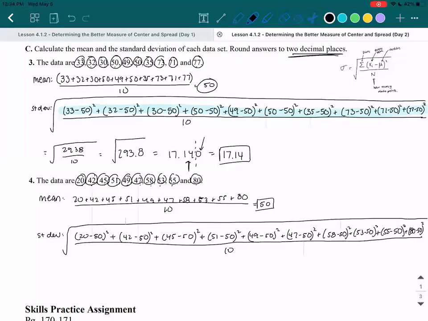So once I've added all of that up, I got 1998. What I did was I added all of this part up first, because it's too much to type in a calculator if you're trying to type it all at once. So I just did that part first. And then that gives me the square root of 199.8, which then gives me